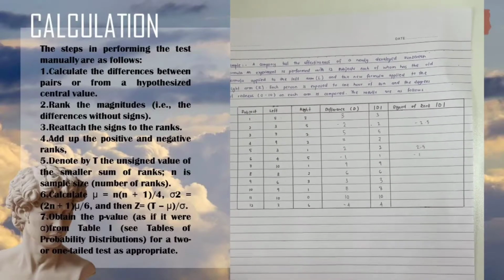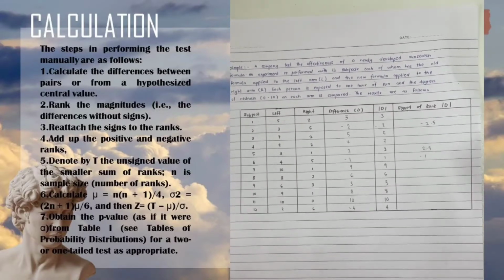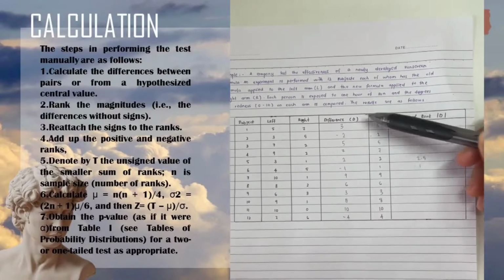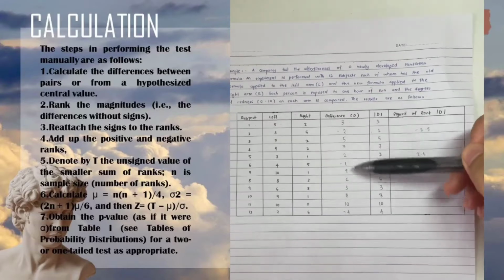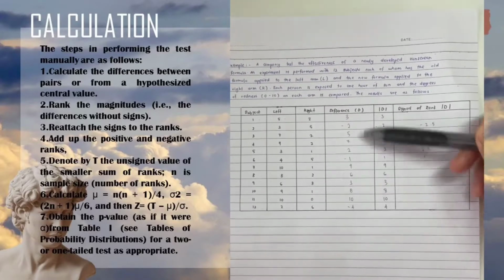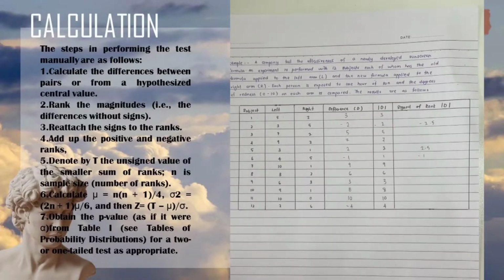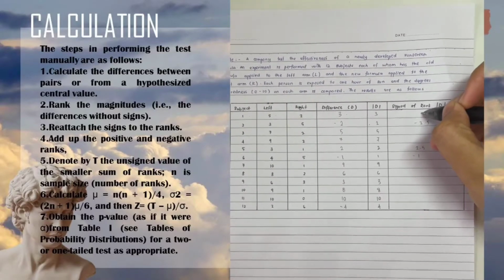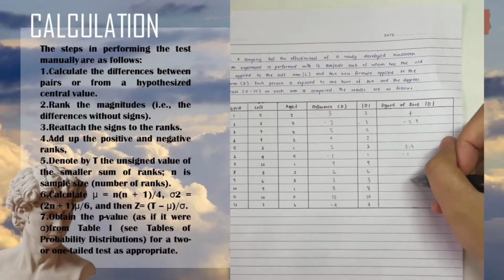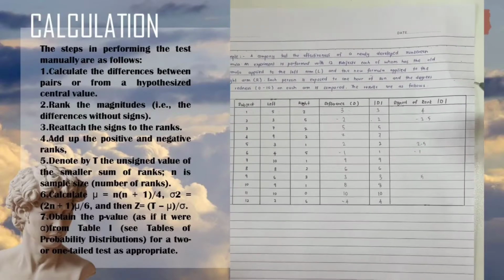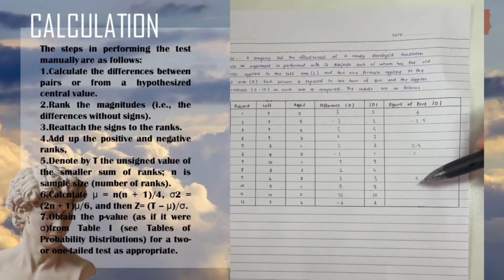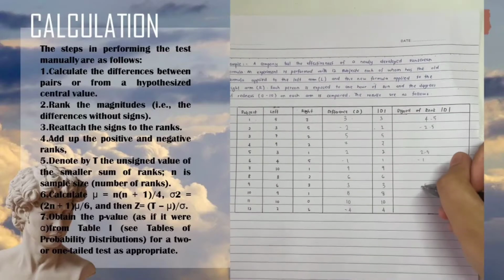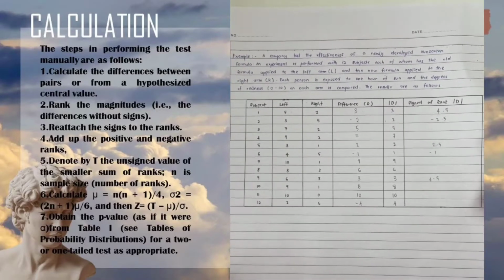And then the next subjects will be subject 9 and 1. If you look at the difference, they also got the same difference, which is 3 and 3, but this time both are positive. So we assign them first as 4 and 5. Okay, the first 3 will be assigned as 4, and then the second 3 will be assigned as 5. So it's just the same as before. We're going to average them, and then we will get 4.5 each. Okay, we write here 4.5.